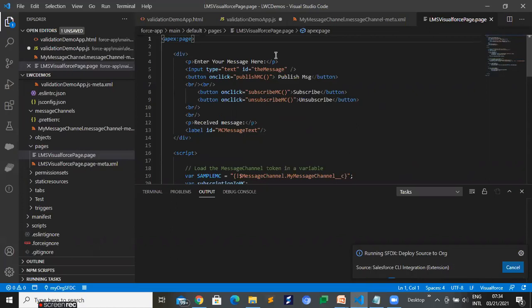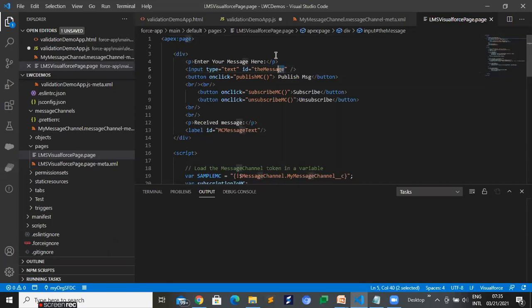Now in this particular page, we just have an input field, right? And we have three buttons. The one is for publish, the second for subscribe, and the third is for unsubscribe, right? So we have one text field, the name of the text field is message.